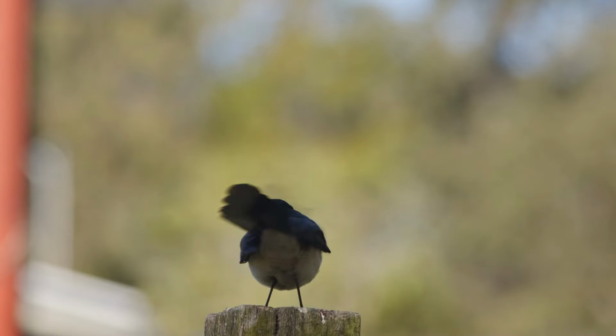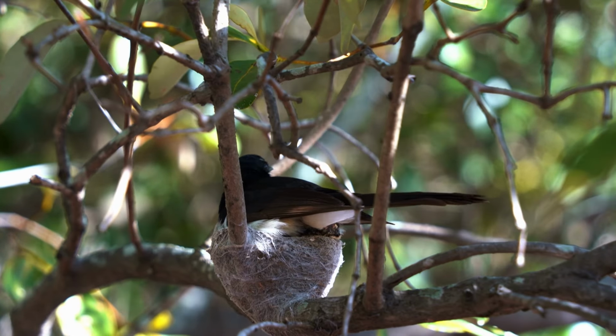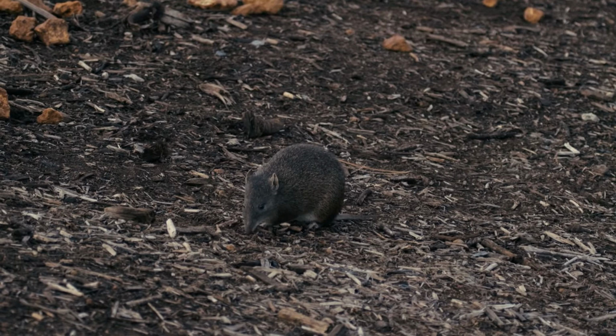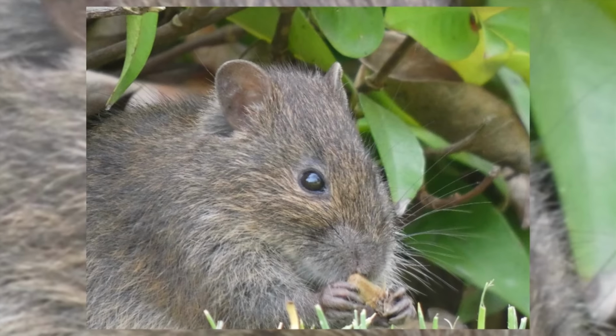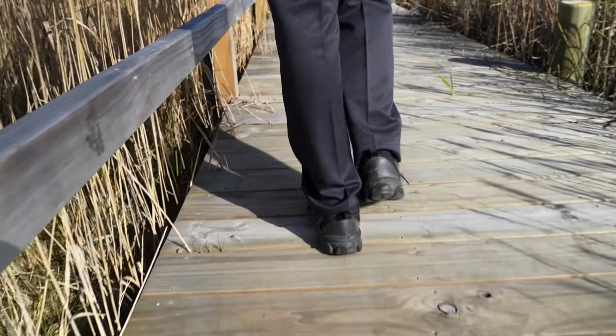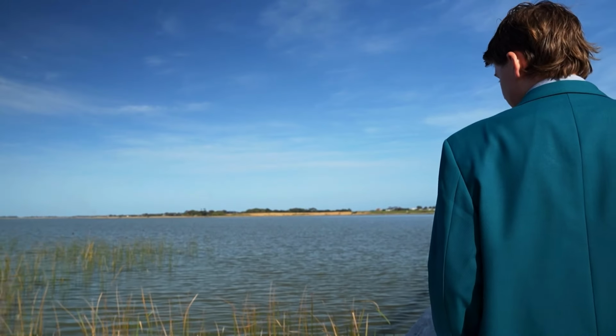It's so crucial that we look after our native fauna. The cute little bandicoots and bettongs, they actually move a ridiculous amount of soil each night, which is so crucial for seed distribution. I think it feels hard for young people to get involved in the environment, but in reality